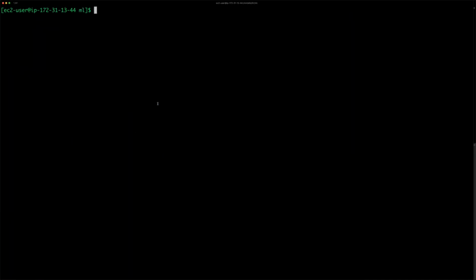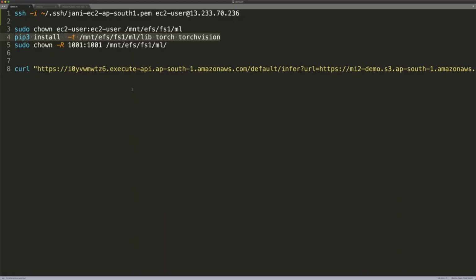At this point, we installed everything that we need. And once we are done with the pip install, we'll give back the control to the arbitrary user who owns this file share. And that is the user who has the UID of 1001. Now, this command will relinquish the control from the EC2 user to the arbitrary user that was defined when we created the file system. Perfect. So now that is done.